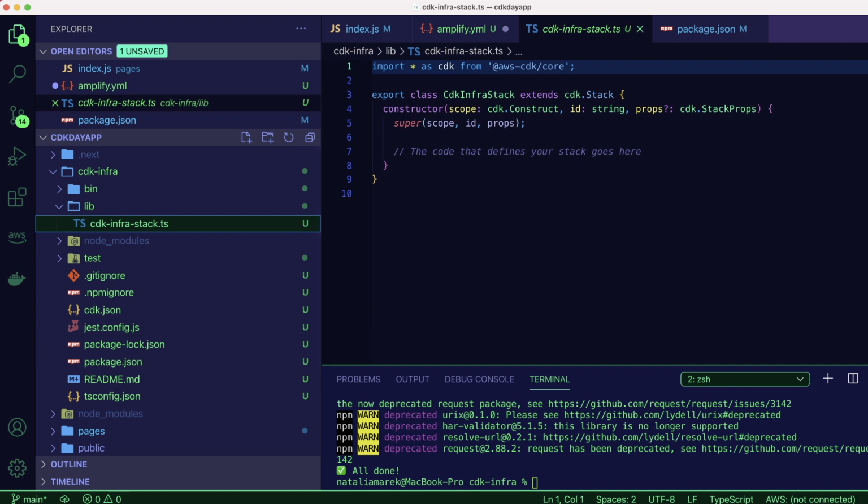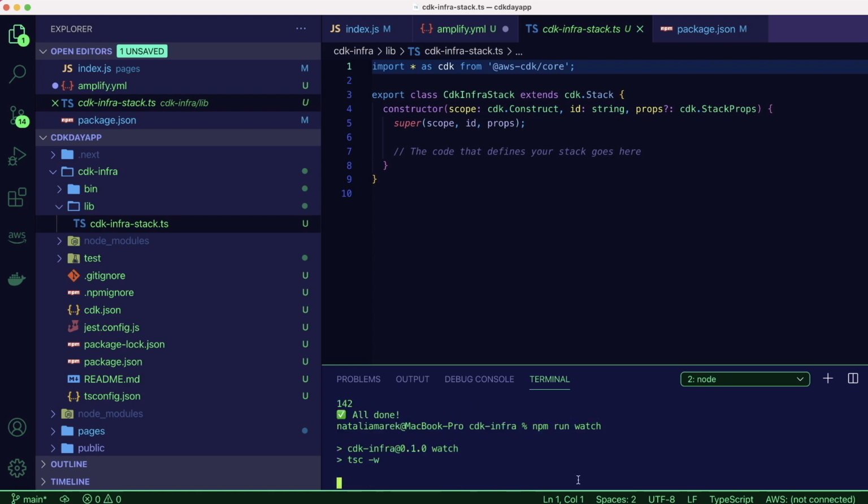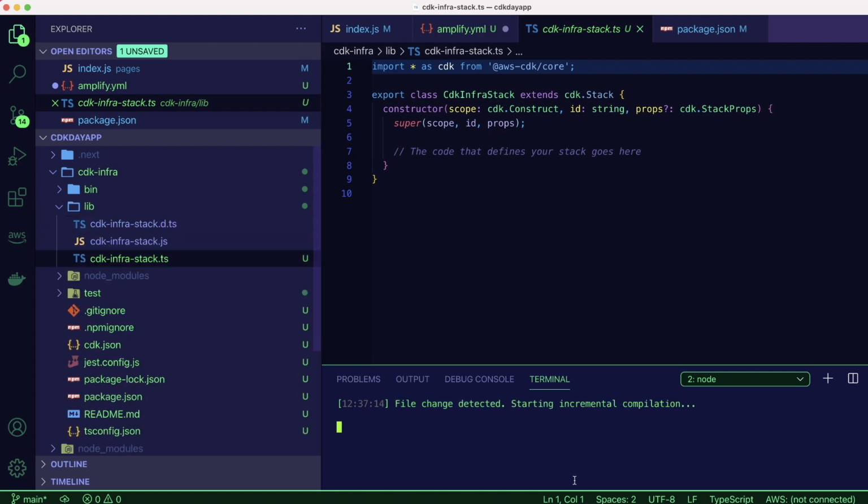The next thing that we will do is we will run npm run watch. And this will start our TypeScript compiler in watch mode, which will monitor our project directory, and it will automatically compile any changes to our TypeScript files to JavaScript. So that will be running in the background. So we have to open a new